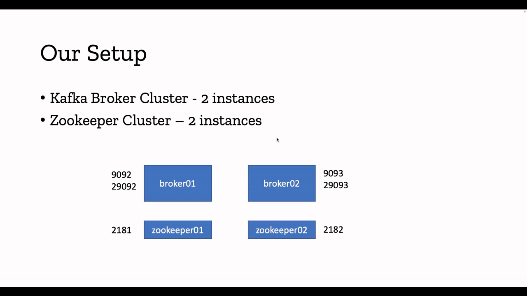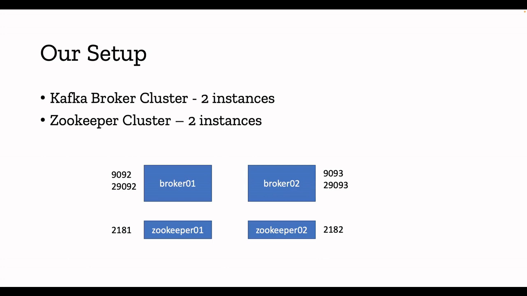So this is our setup. We are going to have two Kafka brokers and two zookeepers, 01 and 02, as you can see on my screen. We are going to run these brokers and zookeepers as Docker containers. That's why you are seeing two ports here: 9092 and 9093 for the respective brokers, and 29092 and 29093 for the